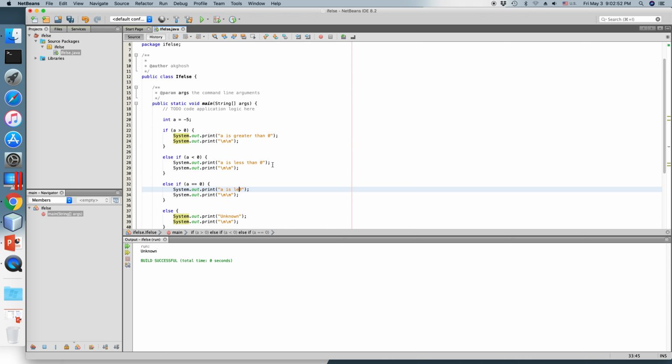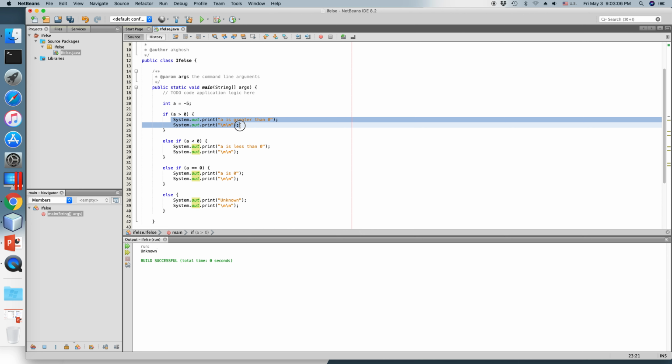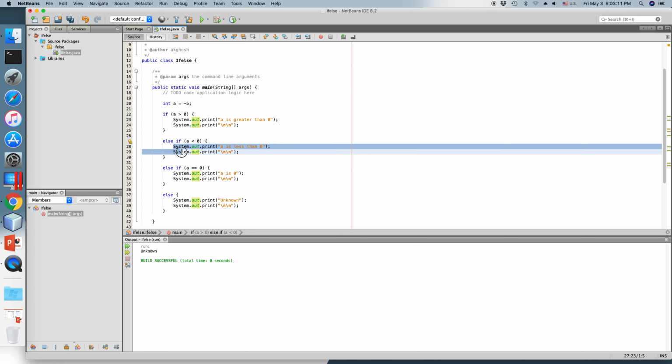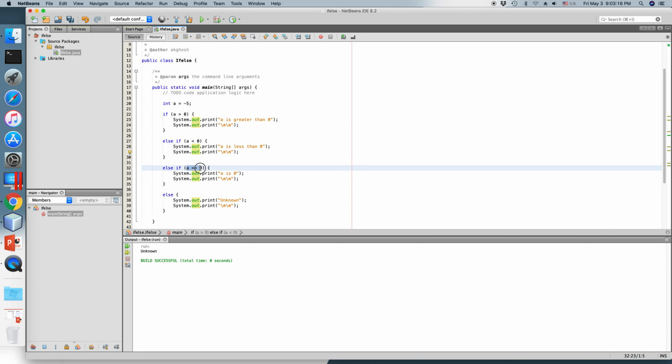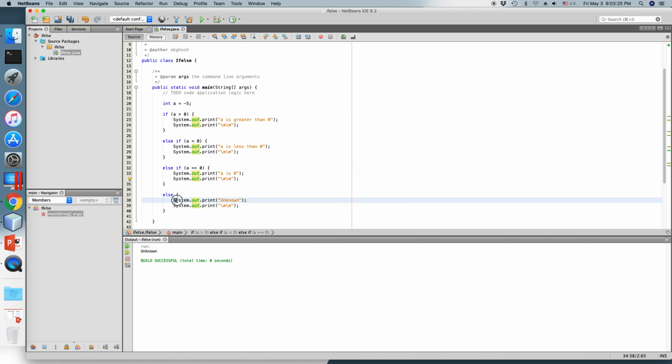Is 0. So what we have done here is that we are taking the value of a as -5, and then I have created some conditions: if a is greater than 0, these statements should be executed. Else, if a is less than 0 and this is true, these statements should be executed. And then else, if this is true, then these statements should be executed. And then if no conditions written here are true, then the system will execute these statements. Now if I run this program,